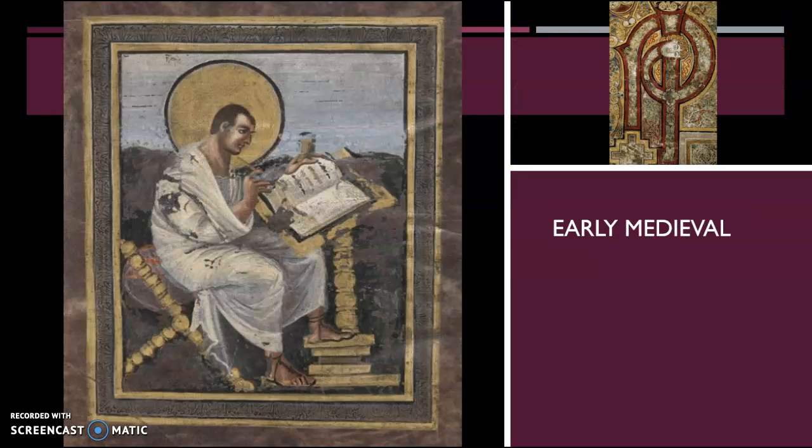In the same way, early medieval art was embellished, but it was also practical, because as you can see on the left, this is a depiction of a biblical figure actually writing the Bible. Something like that, included within certain Bibles or certain sections of the Bibles, made it easier for people who were illiterate or who didn't have access to a full Bible to understand the content of it. So paintings like this were very important to the people of the time.